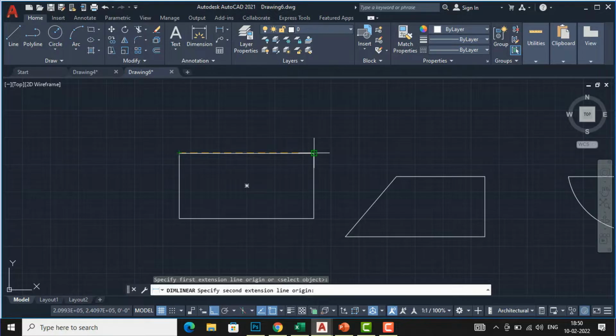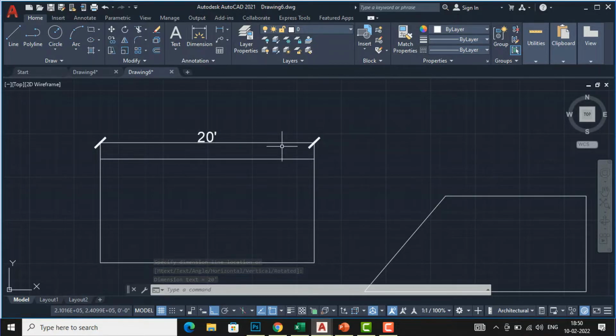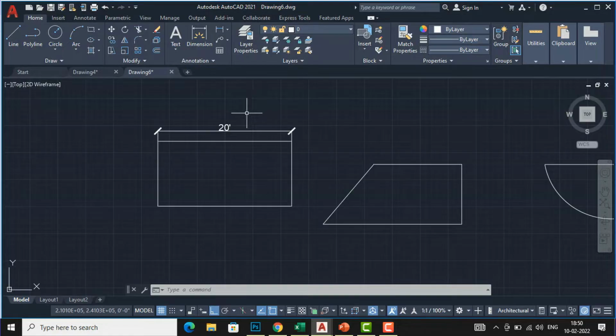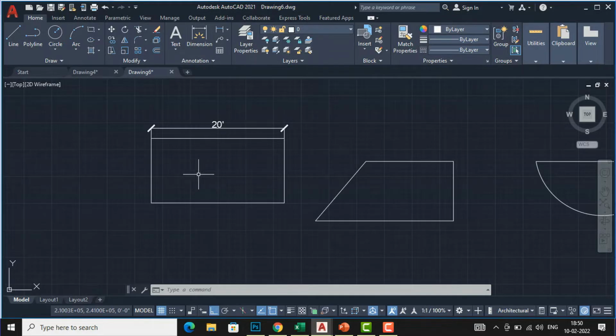I'm going to select this one, and now I will bring it upwards, and you can see this is the length, 20 feet. I will also show you how to change the text height and leaders in the next video tutorial, but for now you need to understand how to take linear dimension. So next again I am going to select this